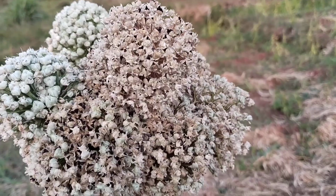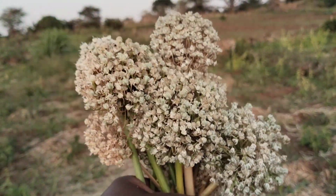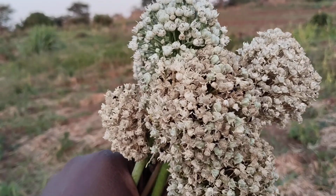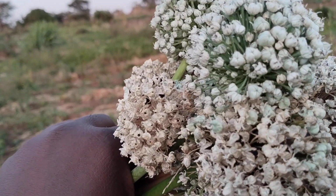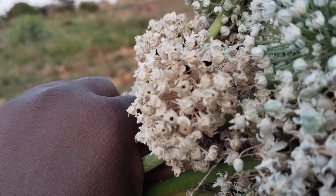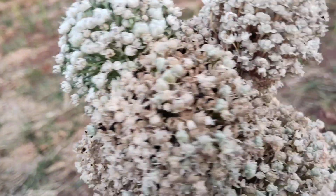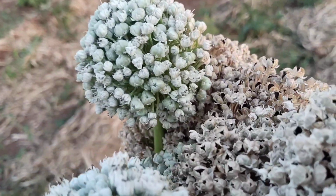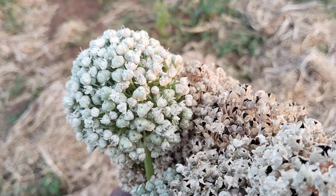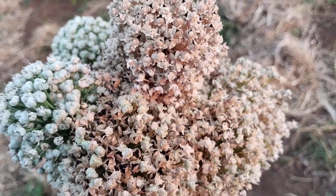So this is one of the farms we visited in Rujewa, in the Igawa area. It's called the Igomelo Farms, and there we saw this plantation of the onion seeds, and they are very costly. It costs a lot. I can't tell you how much, but in fact it's very costly